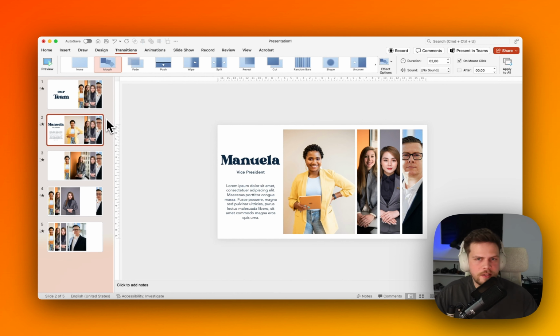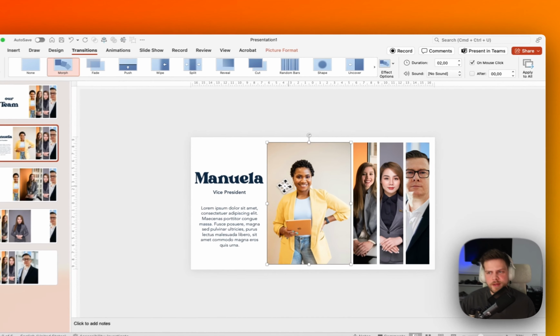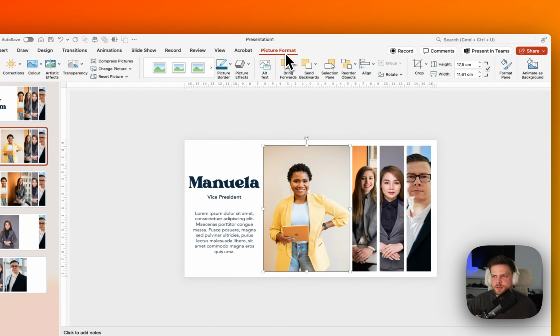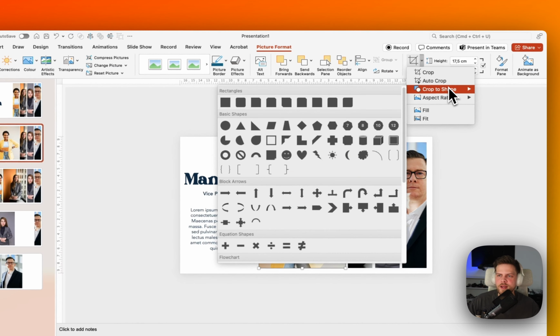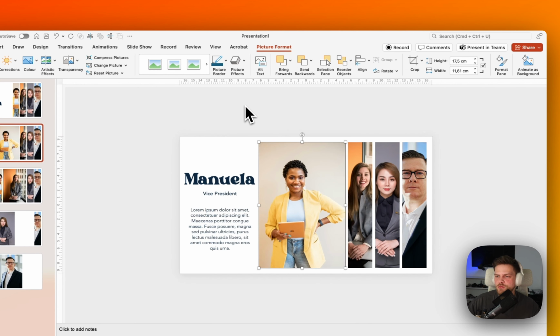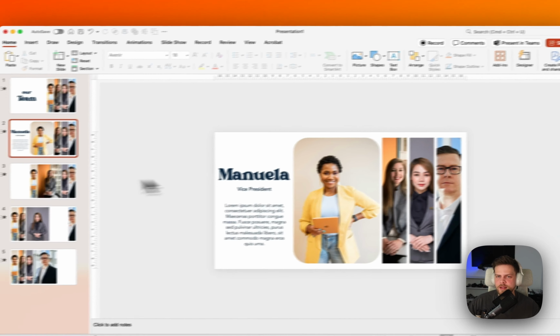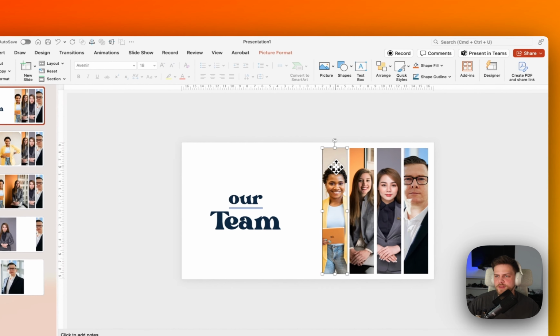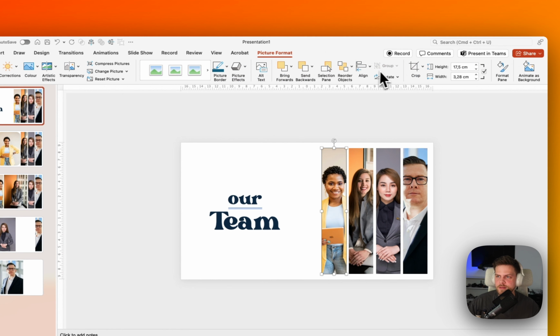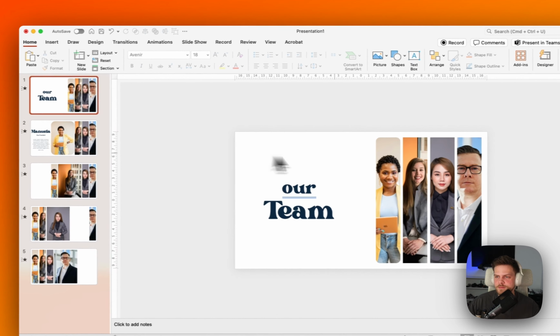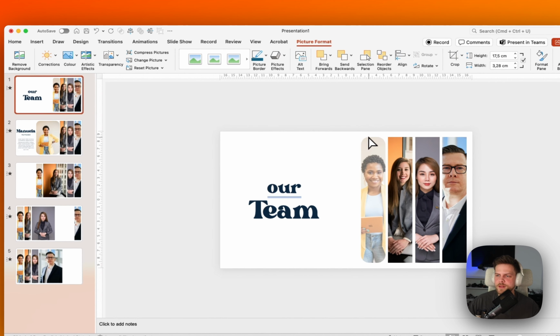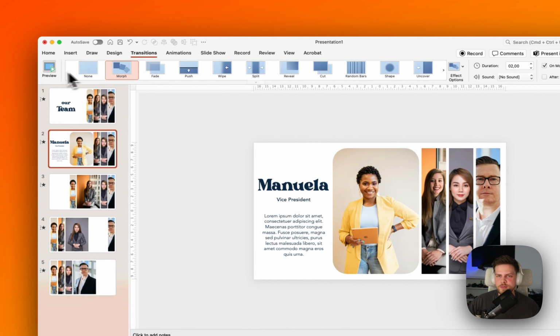Another trick that you can add to make this look a little bit cooler maybe is that you can also crop the picture to a certain shape. For example, a rounded rectangle like this. And then we can also have this as a rounded rectangle. So here also crop to shape, and then have a rounded rectangle here. Maybe round this up a little bit more. And now if the transition moves,